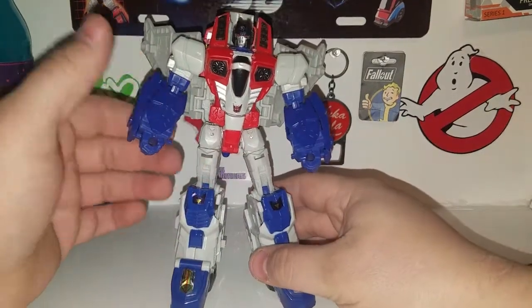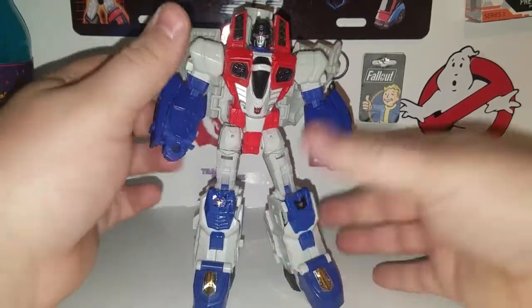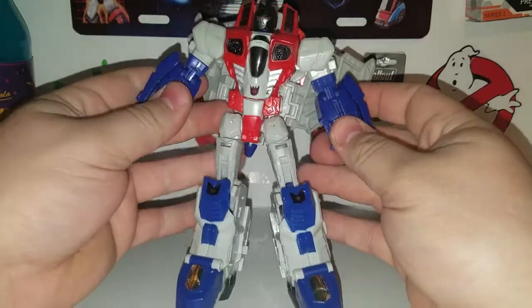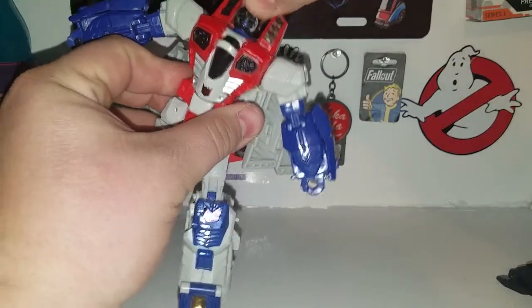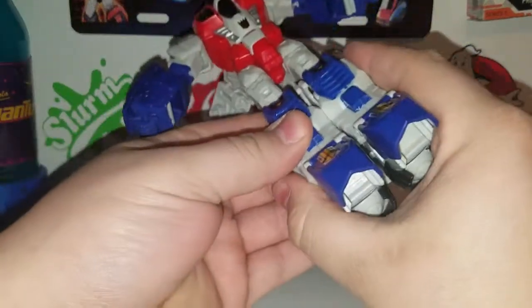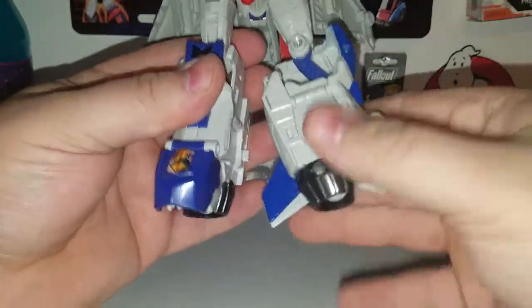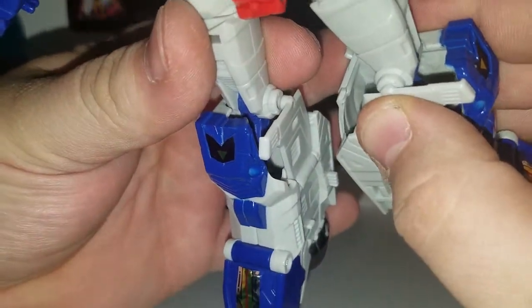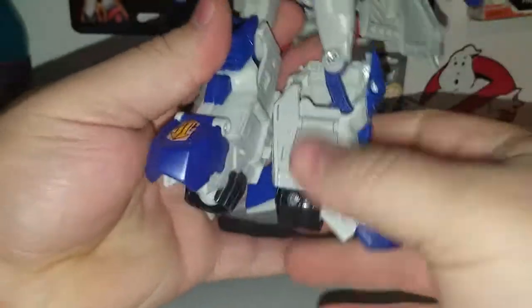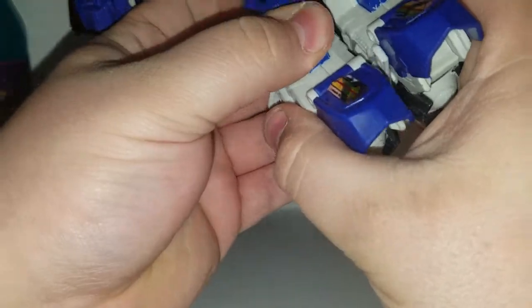And transform him into his Seeker Jet mode, which we're going to do first. What you want to do here is pull his arms up like this, get him out of the way, rotate his backpack around, spin his head all the way around, like so. Put his legs together, like so. Before we do that, untab this section here, bring this down, because the way they have the knees, this thing goes right in here and tabs into the knee. So, bring these down, then we combine his legs together,